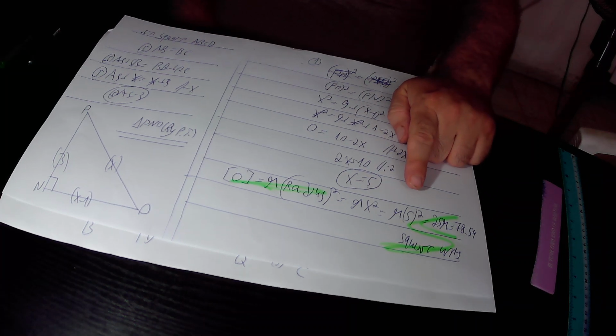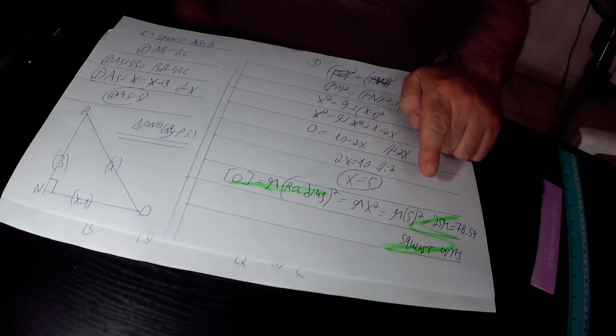X is 5, therefore x squared is 5 squared. So in total the area of our circle is pi times 5 squared. 5 squared is 25, so this expression equals 25 pi. 25 pi is